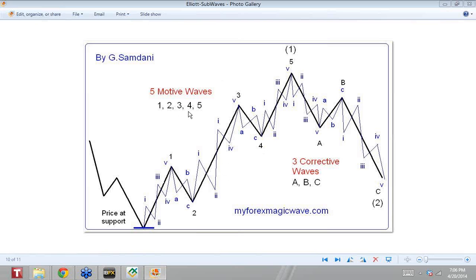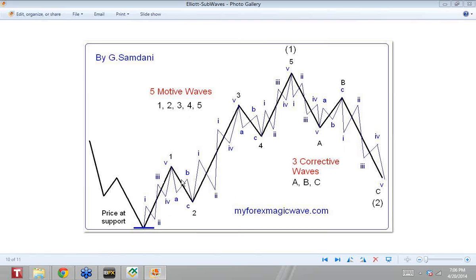This is Elliott wave, simple, basic. I showed this 1,000 times. You already have it when you sign up, right? So you have all these diagrams. This is wave 1, 2, 3, 4, 5, then correction A, B, C. And all of those 1, 3, 5 impulse waves also have 5 subwaves in them. And A, B, C are the corrective waves,